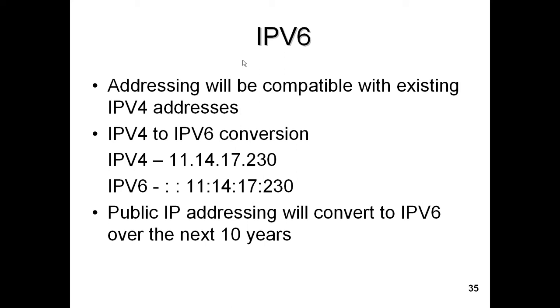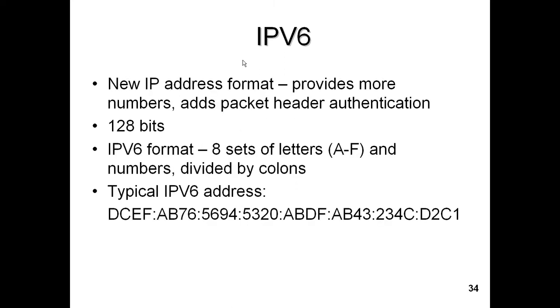Eventually, sooner or later, you're going to start to see IPv6 addressing in public IP addresses, on those internet IP addresses. Now, it's going to be interesting because one of the things that they didn't think about, or maybe they thought about but didn't think it was going to be a big deal, there's been a very slow conversion to IPv6, and the reason for this is pretty simple. Let's look at the length of that address, it's 128 bits long. So now